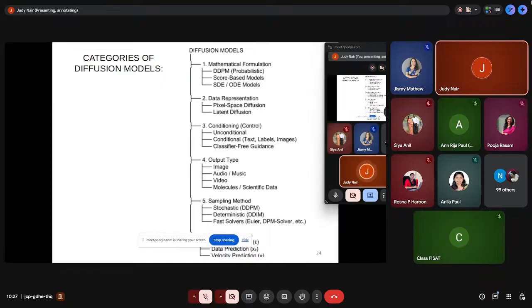And then what I understand from here is that this is how these diffusion models are categorized. I have told you the basic mechanism in which the diffusion models work, but they can be categorized based on certain criteria. If you look at the mathematical formulation of different diffusion models, there are different types of diffusion models. In the initial paper of 2020, which we just referred to earlier, that was using DDPM.